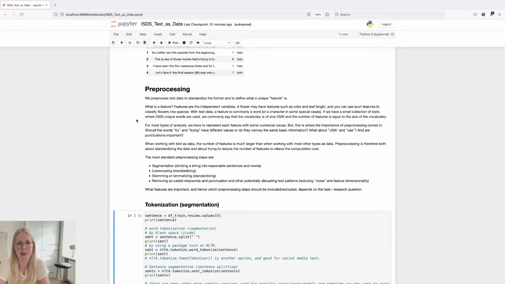And for most types of analysis, we have to represent each feature with some numerical value. But this is where the importance of preprocessing comes in, because should the words try and trying have different values? Or do we think they convey the same basic information in the context that we are investigating? And what about spelling USA in large characters or in small characters? And are punctuations important? These are the kind of questions that we have to think about before we start to